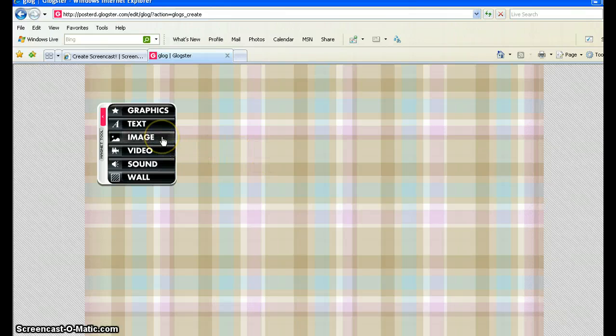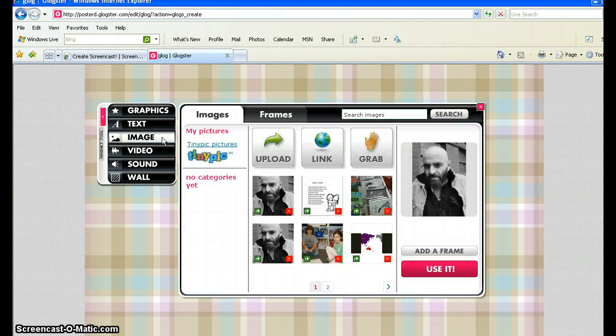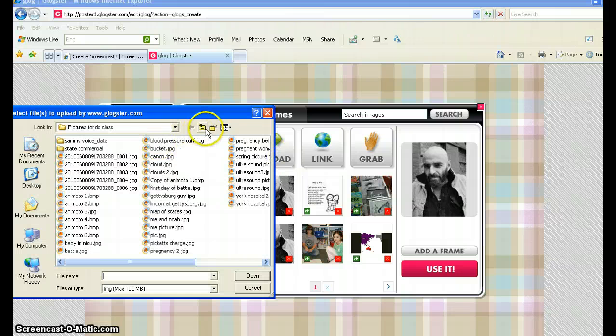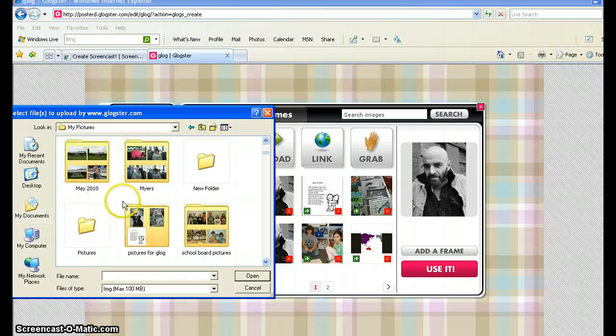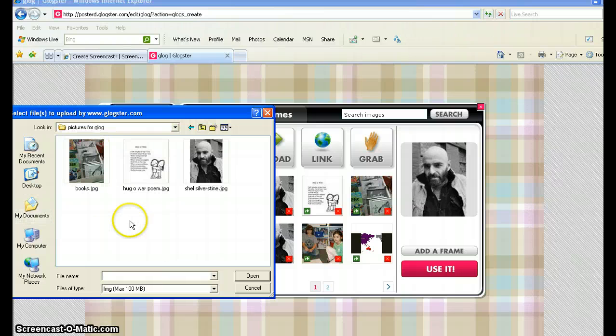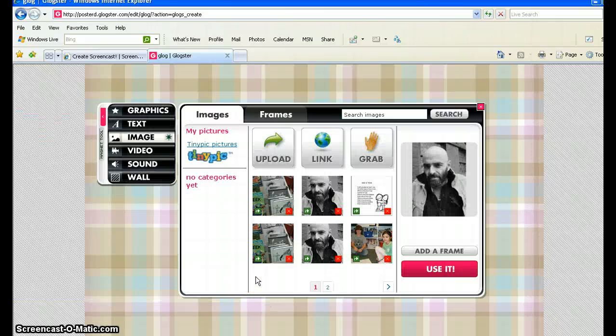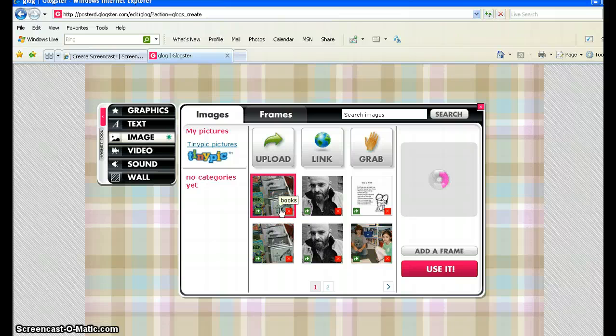Next I want to use some images. So I click on images. Now I've already gone on Flickr and downloaded some images that I wanted to use to my user account. So now I want to upload them into Glog. So I'm going to hit upload and then go under my pictures folder and pictures for Glog, and I'm going to use the books picture. And there it is. So I click it,